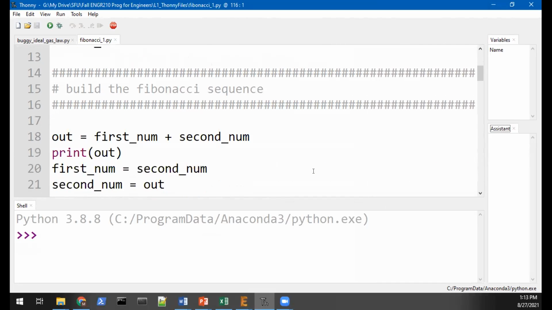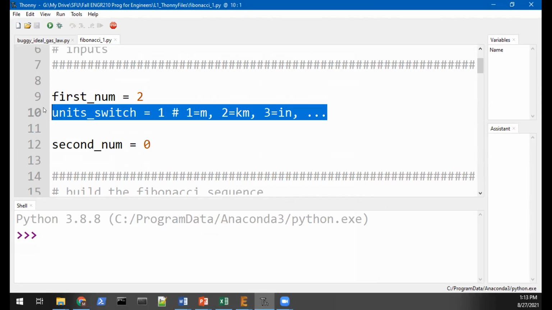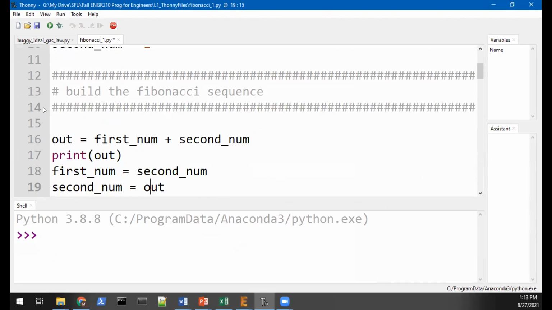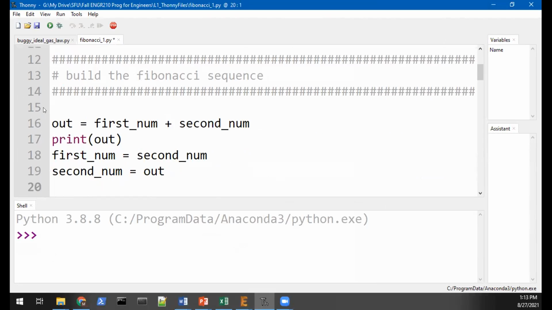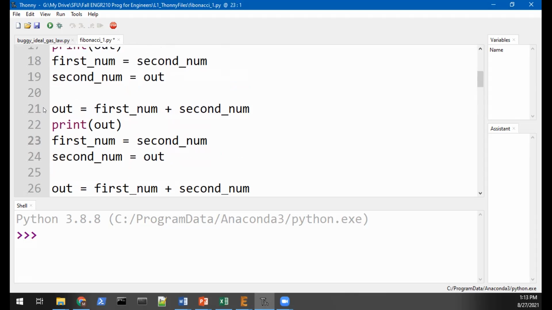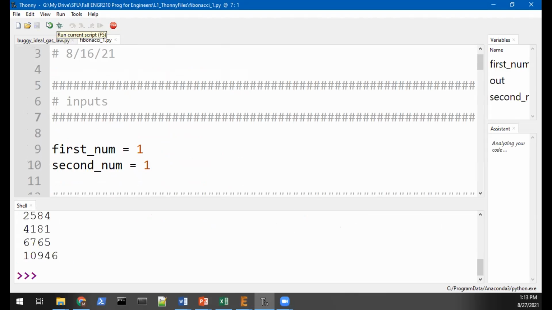So we set our first number. Oops, sorry, there's something that got pasted in the middle that shouldn't be there. There we are. So our first number, we set our second number, and essentially just copy pasted those 4 lines of code about a bajillion times. Yeah, and that was the Fibonacci sequence. And if I run this, gosh darn it, if it doesn't actually work.